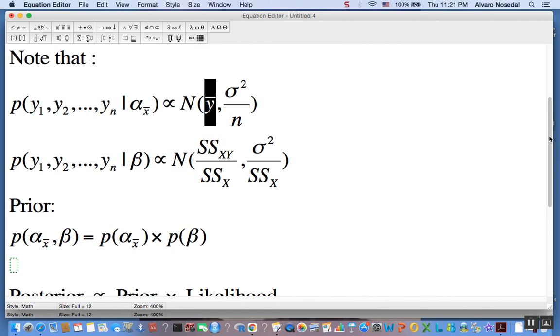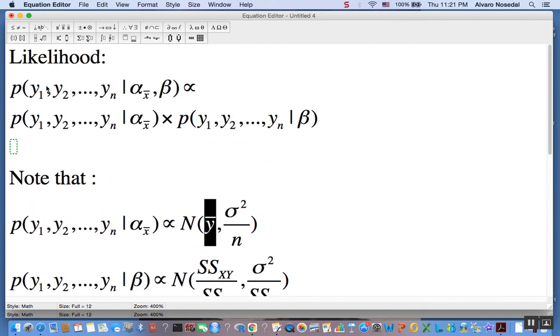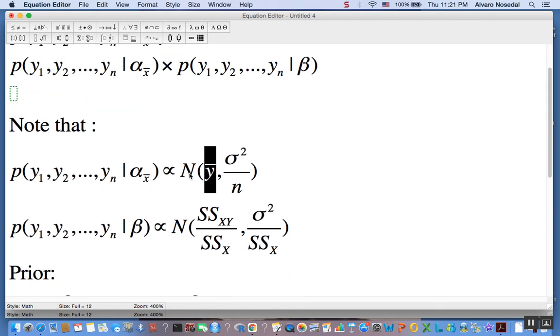So in this case what was key was that our likelihood for these two parameters of interest, well, we did the math before in another video, so we could re-express that likelihood as the product of two independent likelihoods, one in terms of alpha, one in terms of beta. It turns out that they are proportional to